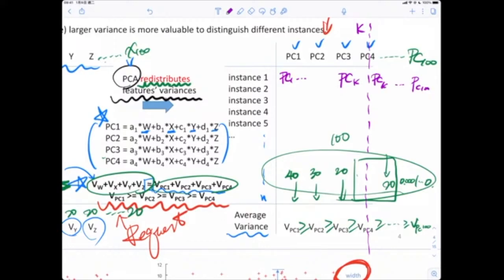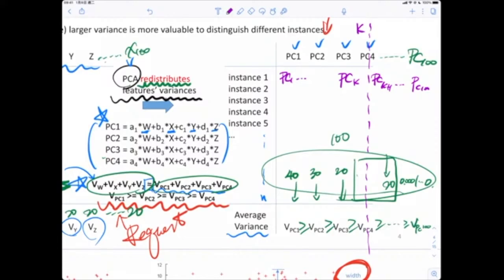If the summation of the variance of PC1 to PCK is large enough, for example, 90% of the variance has been included in PC1 to PCK, we only keep those features, PC1 to PCK, to do the further analysis, and we discard all the other dimensions from PCK plus 1 to PC100, because these features only have maybe 5% or 10% of the variance of the original data.